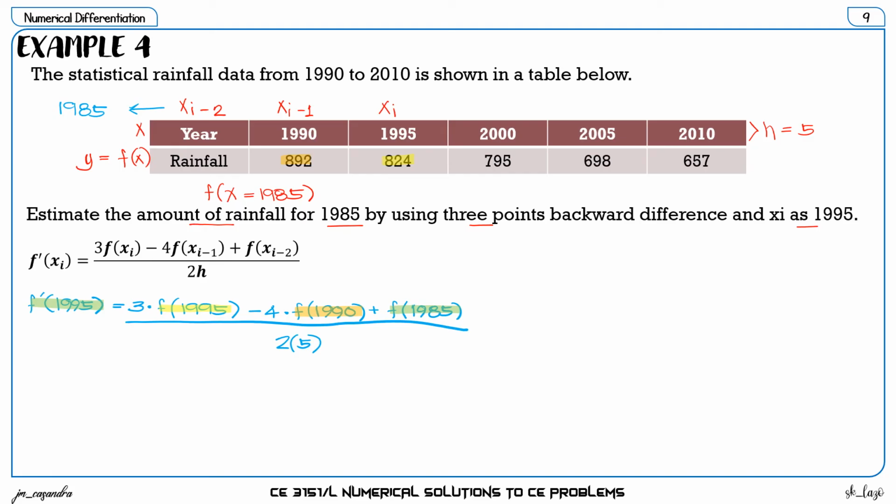Two unknowns, one equation, so we still need one more equation. In this case, we can first solve for f prime of 1995, and we are going to use the